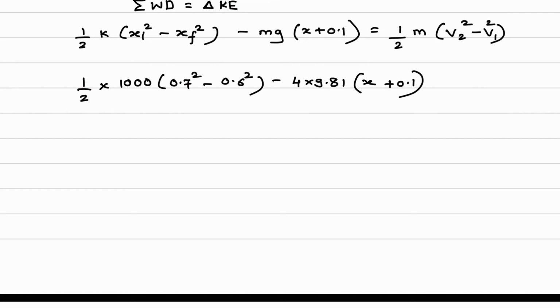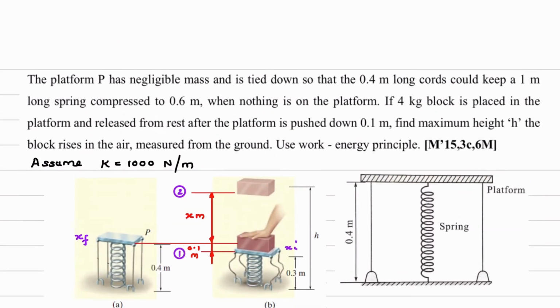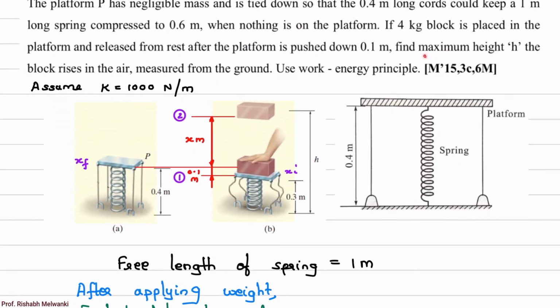Now what about right hand side? Okay, we'll go to the question again. What is asked in the question? We have to find maximum height. Now when will this height be maximum? When velocity at point 2 is equal to 0. Suppose if you consider this point, block is at this point. So block is traveling in upward direction still. Okay, it will have some velocity at this location. So this is not the maximum height. What will be the maximum height? When the block reaches the point where velocity is 0. So that will be the maximum height h. Okay, so we'll calculate that now.